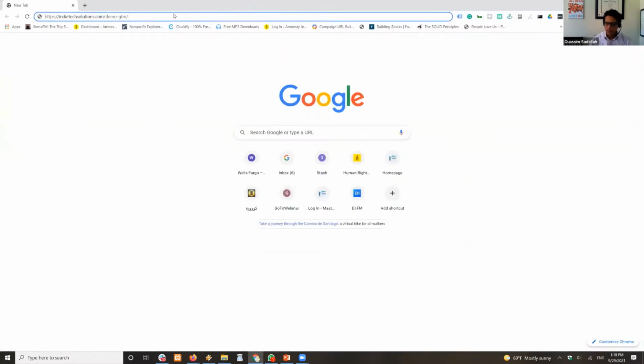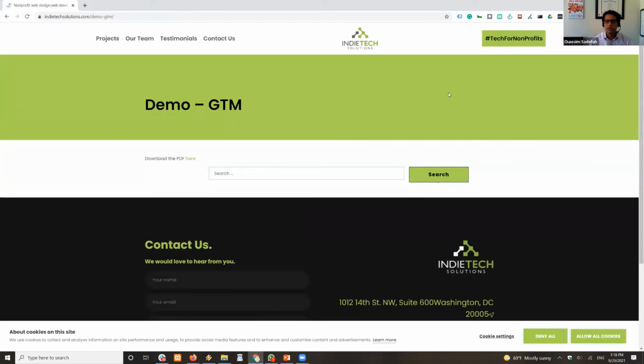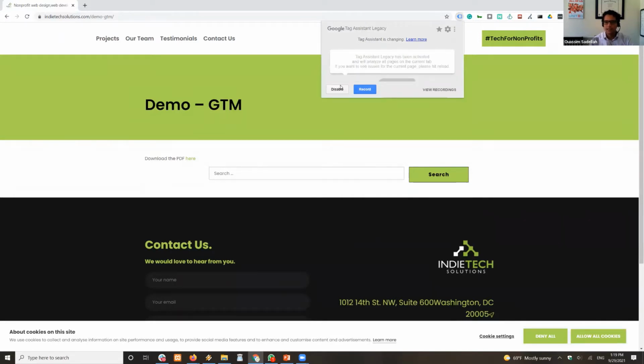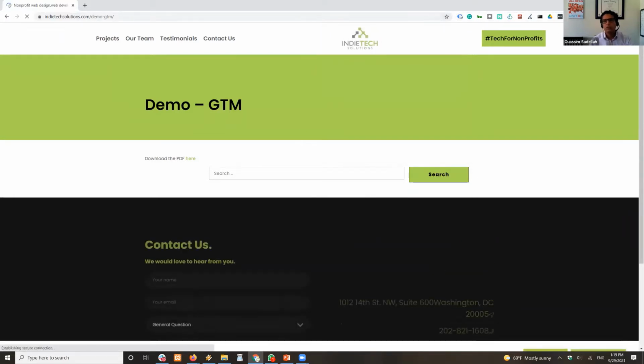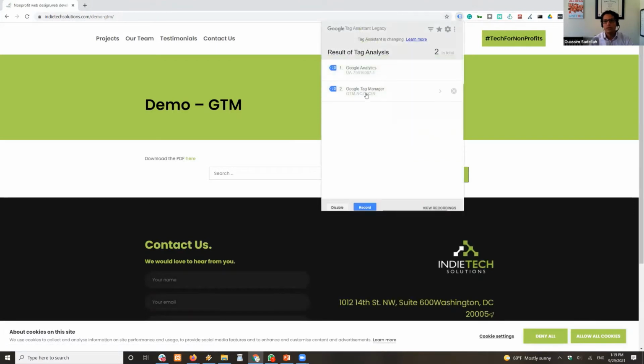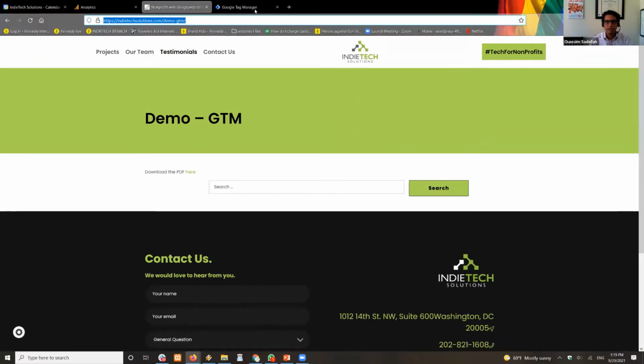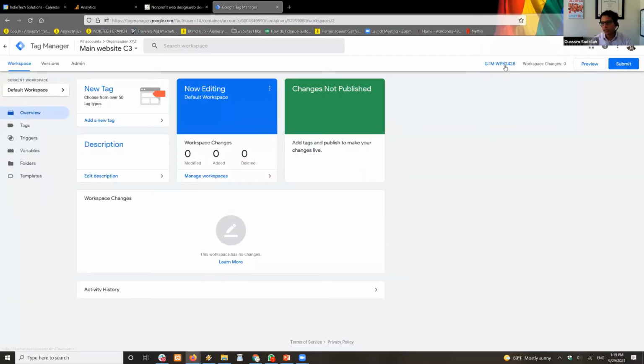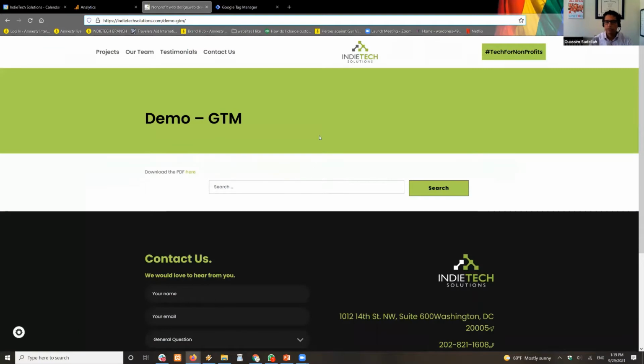I'm going to use Chrome for this. There is a plugin here called Google Tag Assistant. It will tell you which tags are on. So I do have two: Google Tag Manager and Google Analytics. This one, GTM, is the Google Tag Manager we have on the website. As you can see, the ID is different from the one we were looking at, because that one is brand new, just for the demo. We will do some tags here and work on this, but I will show you in action on this website.